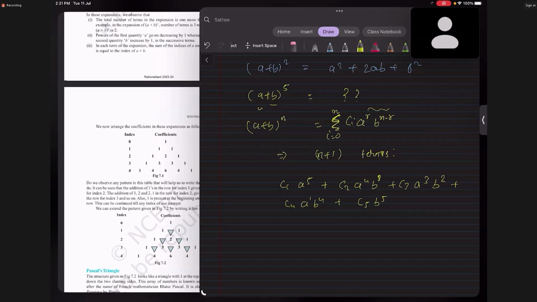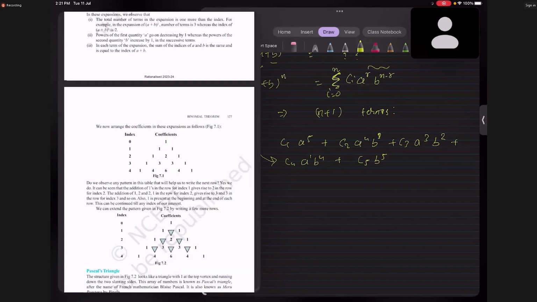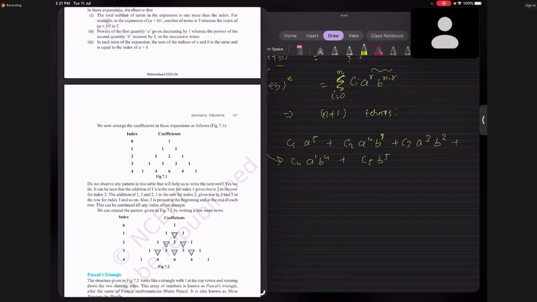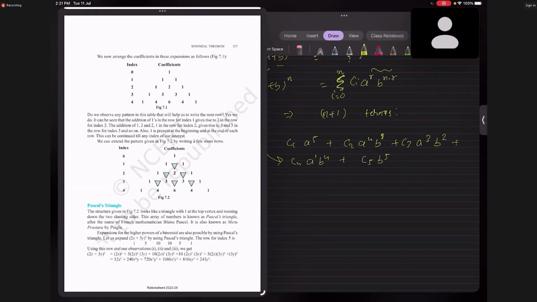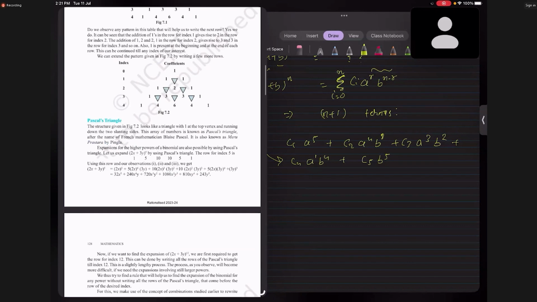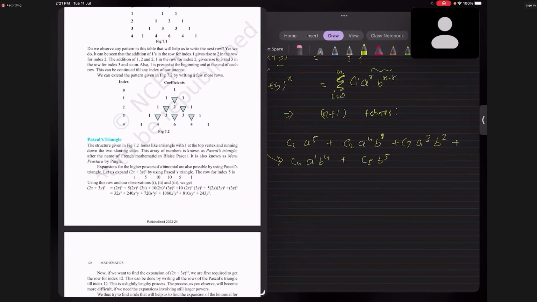This would be the general expression of (a plus b) to the power 5, and these coefficient relationships were analyzed by Pascal. You can see here the Pascal triangle, which describes the coefficient relationship. But it might not always be possible to remember all these coefficients, so